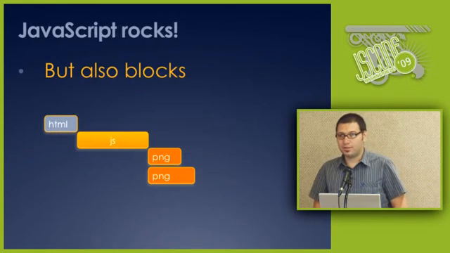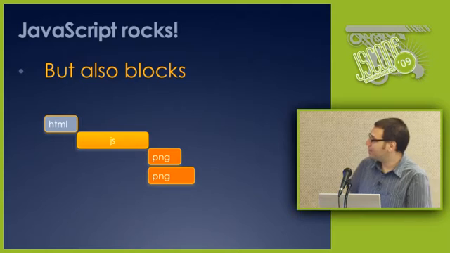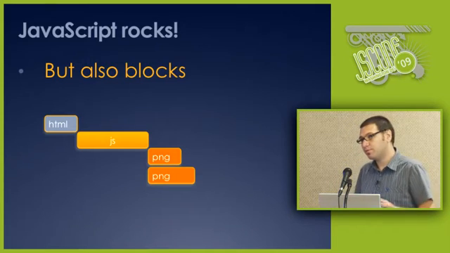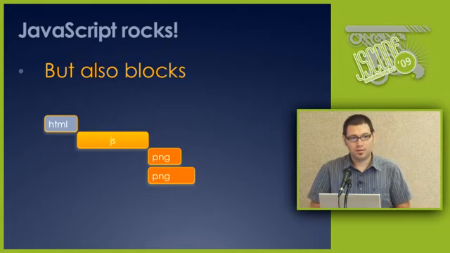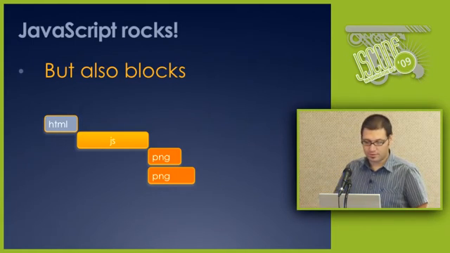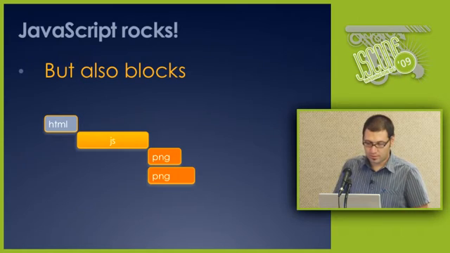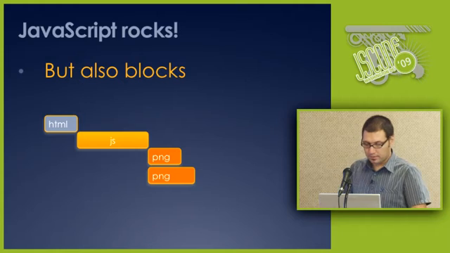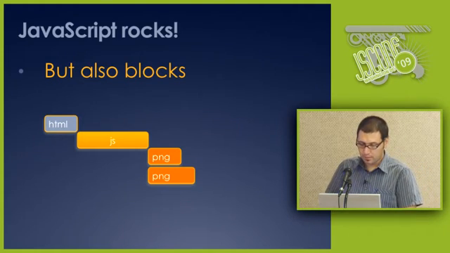We all here know that JavaScript blocks, right? When you have JavaScript on the page, the browser will wait for the JavaScript to arrive before it continues. It makes sense because the JavaScript may change the DOM in some way, may do a location.href redirect to somewhere else, in which case the browser will download components for no reason. This is changing, by the way, in more recent browsers,